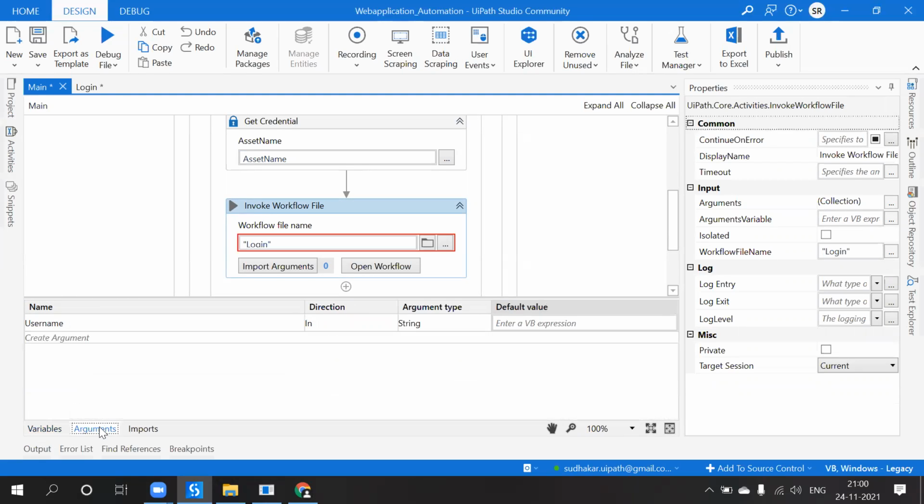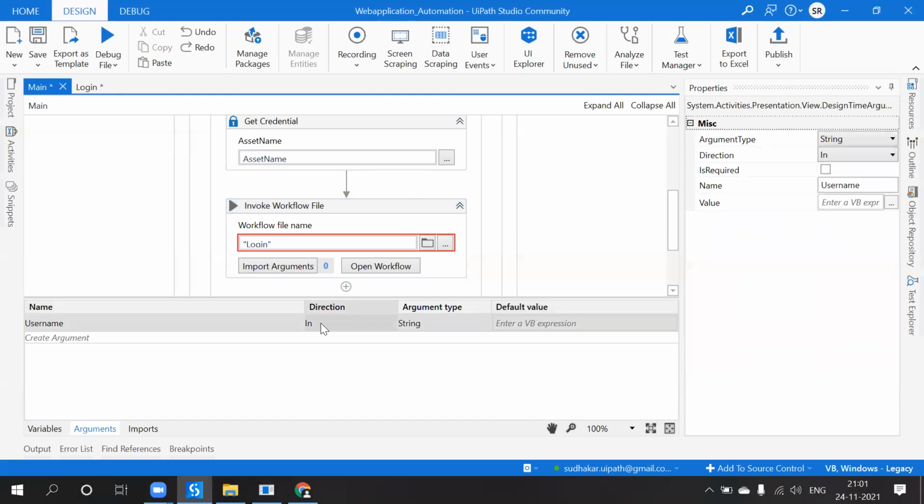So here come to the arguments. See, these are the properties and attributes of arguments. The first one is the name of the argument and direction. This is the input value we are providing to the other workflow, correct? So this is the direction called in. What directions are available?